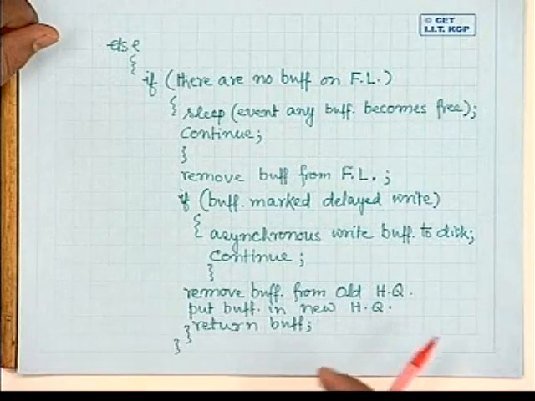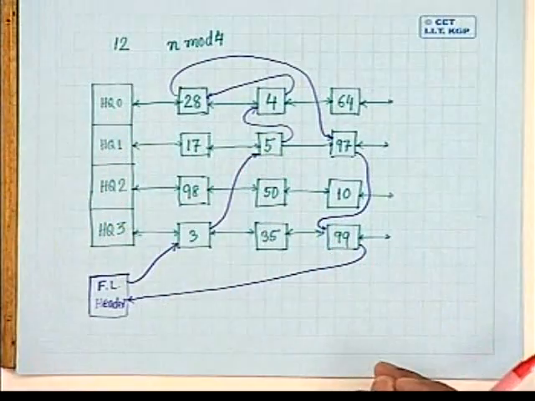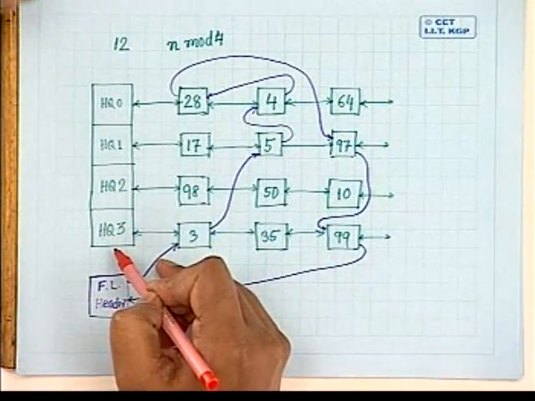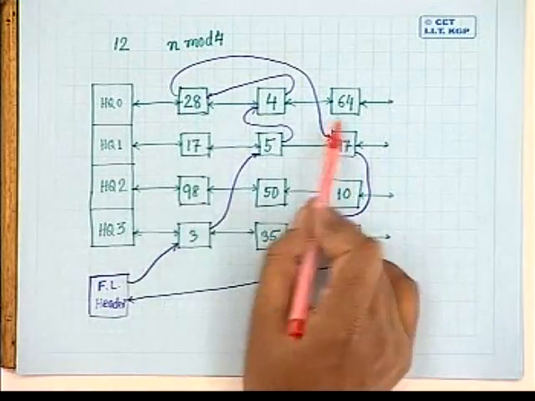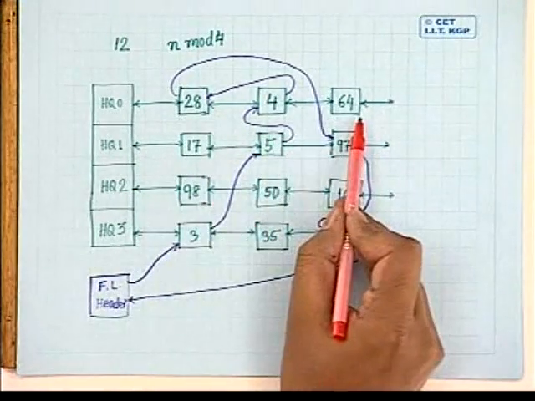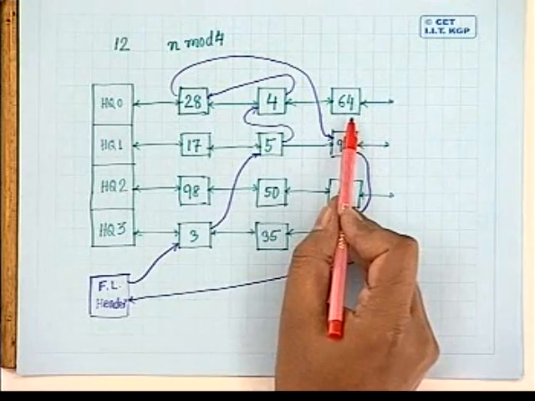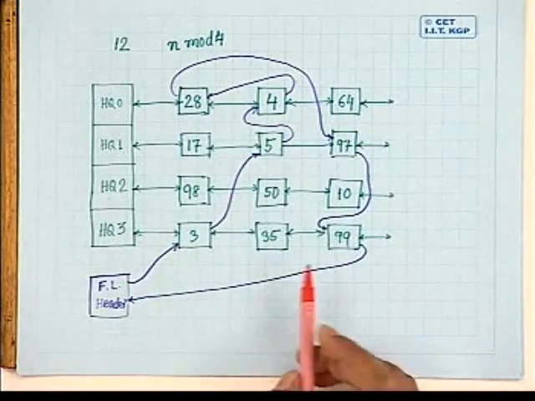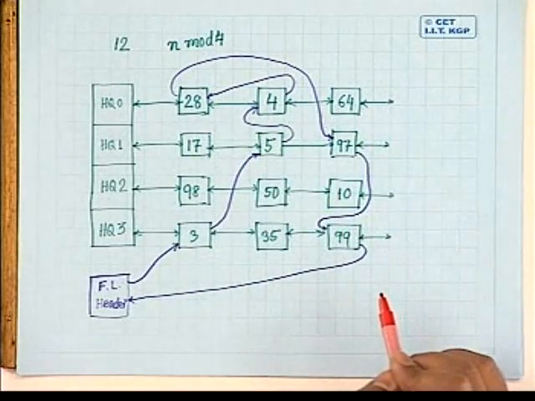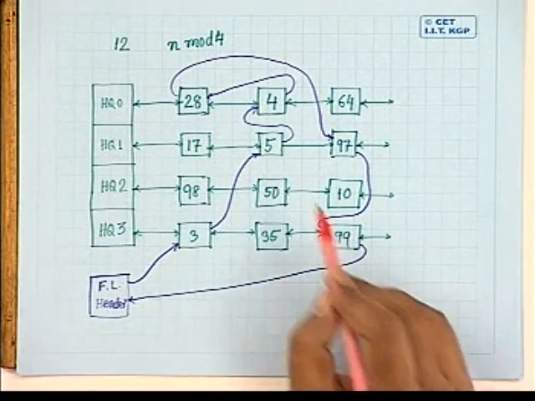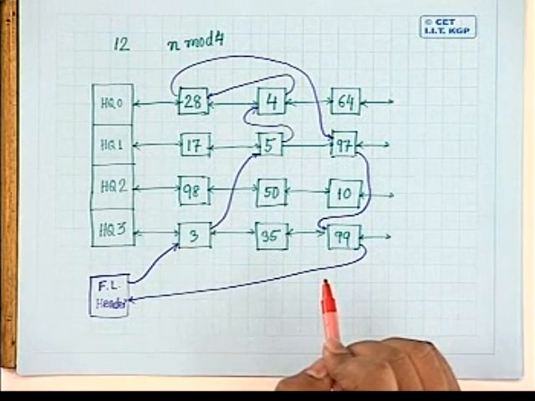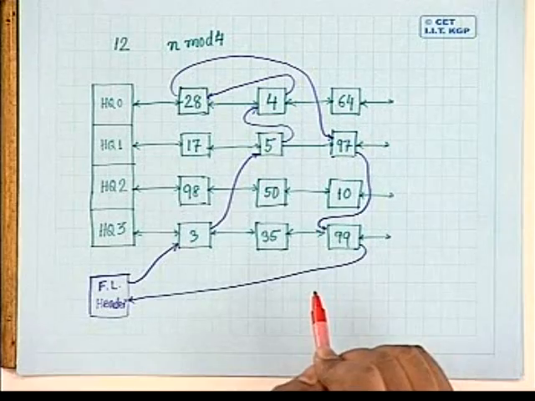Following this algorithm, you find that we had drawn one diagram which says that we have 4 different hash queues, and in every hash queue we have, say, 3 buffers containing some data block. Out of these 9 buffers, a number of buffers are on the free list. Now in this situation, if a process puts in a request for, say, block number 98,